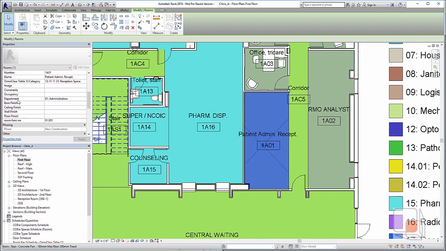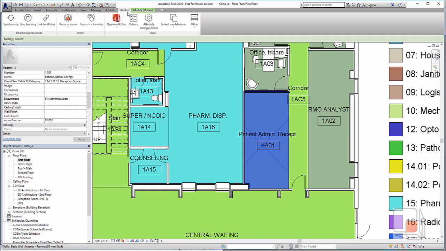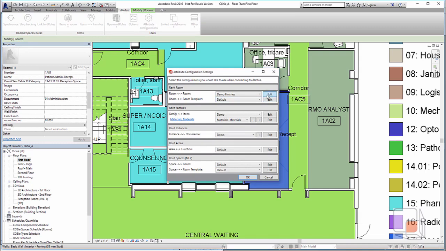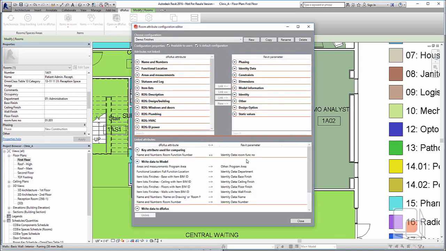Now that I have the room selected, you'll notice that I don't have the base, ceiling, wall, or floor finish mapped within the actual room. If I go into dRofus and I look at the attribute configurations for synchronizing my room, we'll see that when I sync this room, the items list finishes, base, ceiling, floor, and walls, the BIM ID